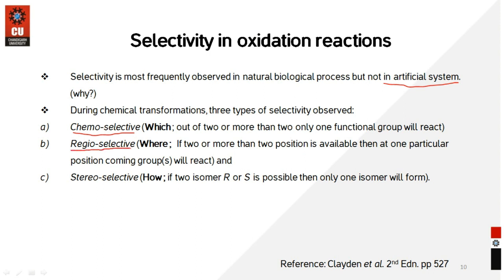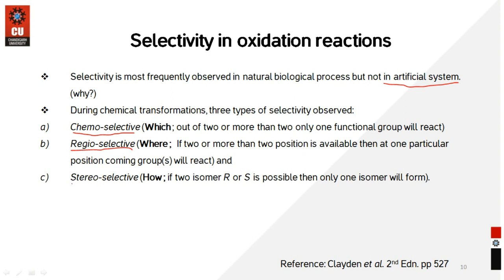If we have two or three regions where a molecule can be attacked, for example, a substitution on the phenyl ring, with respect to the substitution I have ortho, para and meta positions. At a time the reaction takes place at only one position, either the ortho, meta or para position, so I get only one single product. In that case, I will say the reaction is regioselective.